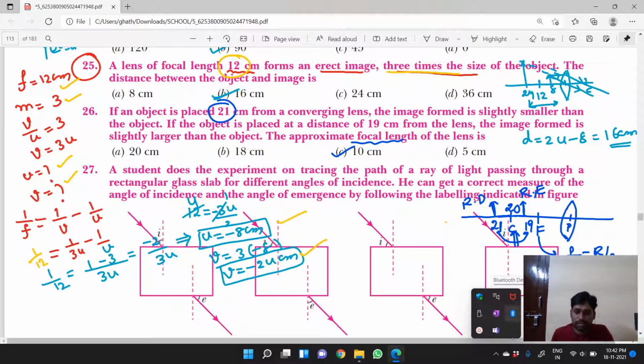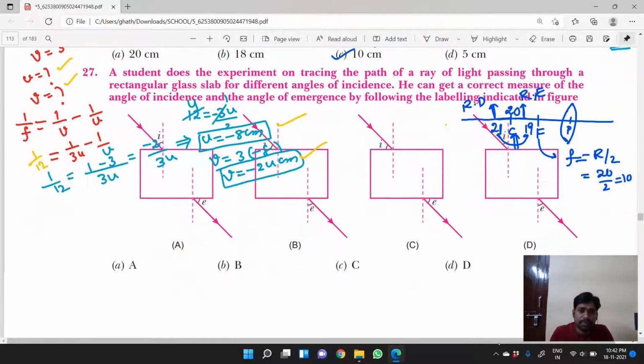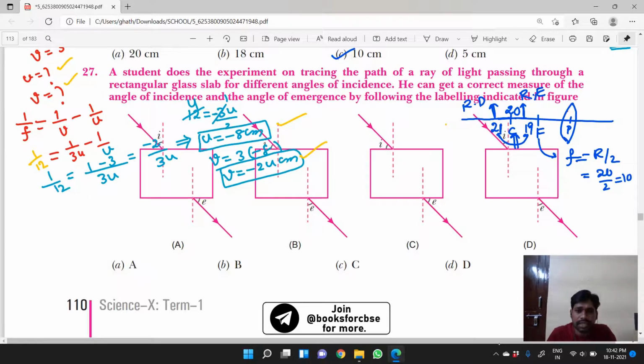Okay. See, my dear students, the student does an experiment by tracing a path of a ray of light passing through the rectangular glass slab for a different angle of incident. He gets correct measurement of angle of incident and angle of emergence for the following